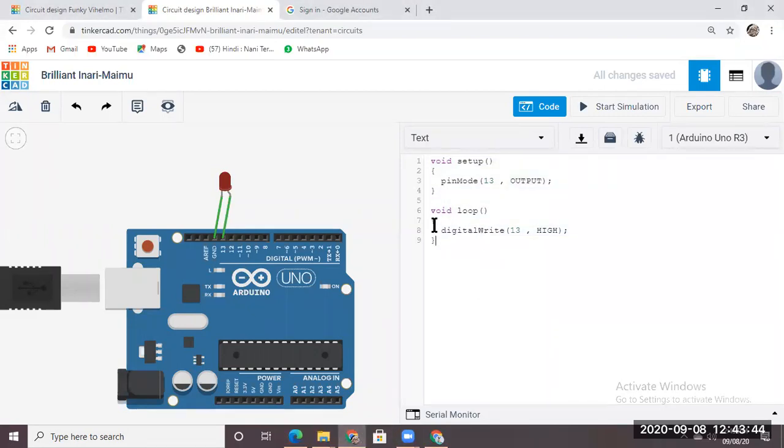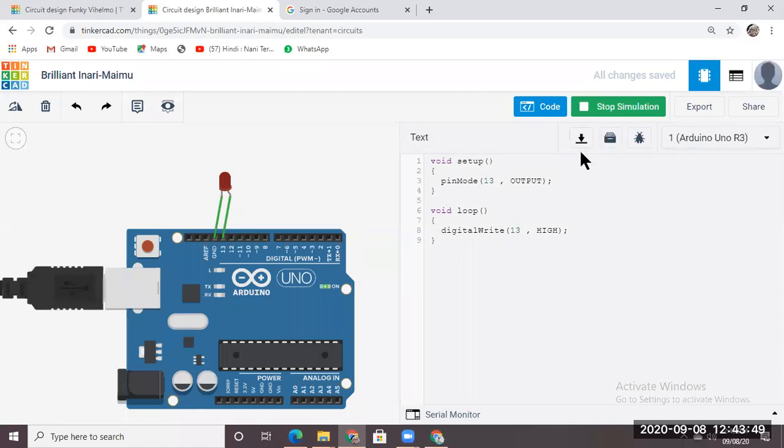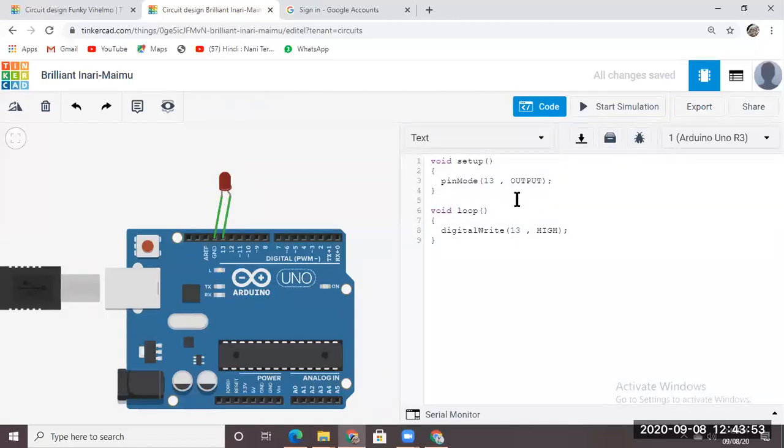Using this code, we can turn on our LED. Our LED is turned on. So this is a basic simple code. Coding is something which we use to give instructions to any computer or any electrical device.